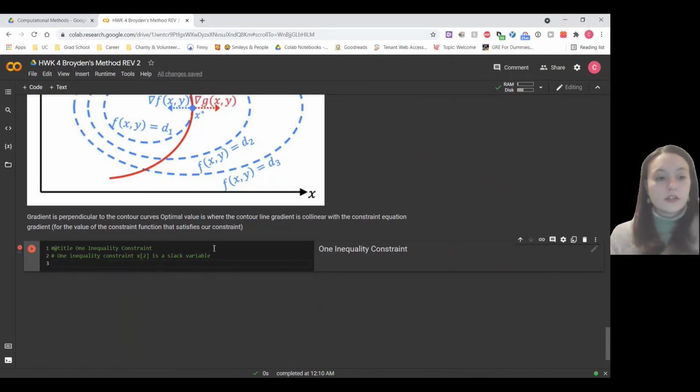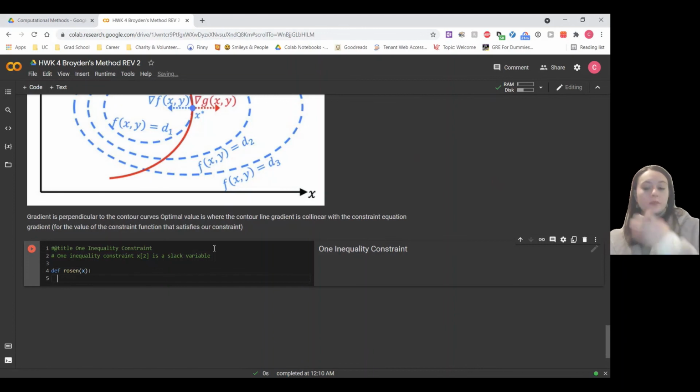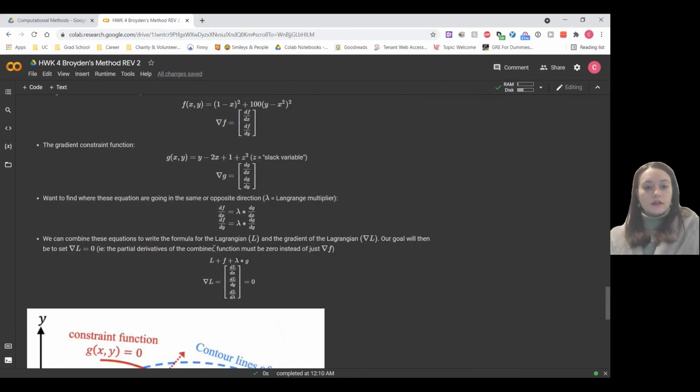So if we want to illustrate this in code, we'll use the Rosenbrock function as an example. We'll first define a Rosen for x. And in this case, x isn't just one variable, but it's a vector with multiple variables. So we're going to have our x value, a y value, the Lagrange multiplier,